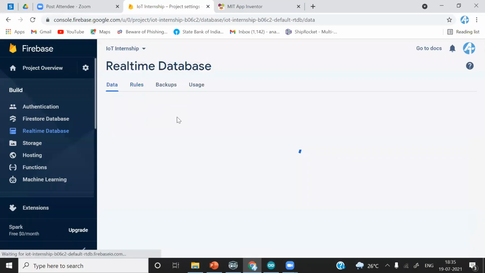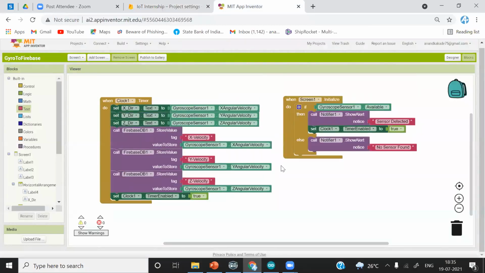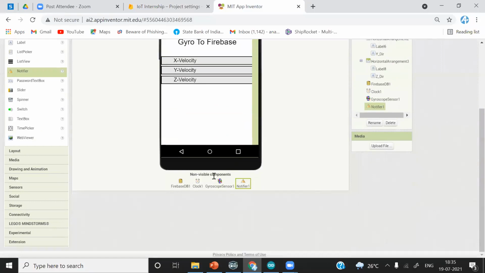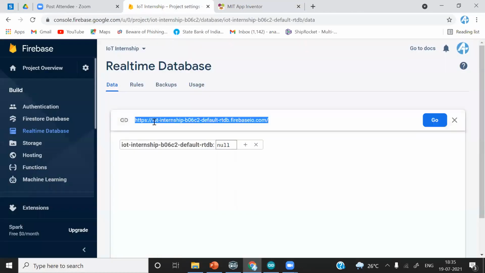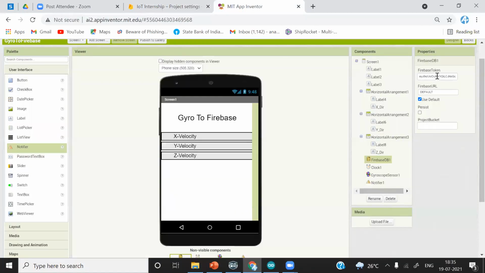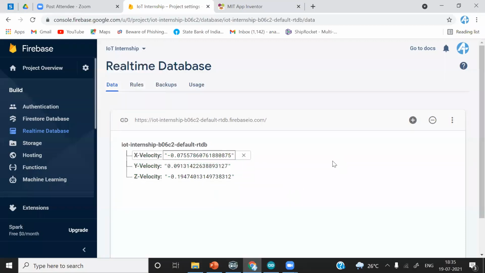It is true. Okay, sorry, I just forgot to add these credentials. I thought I had already added them in the previous application. I will just copy it, Control C, Control V. Now you can see the changes.